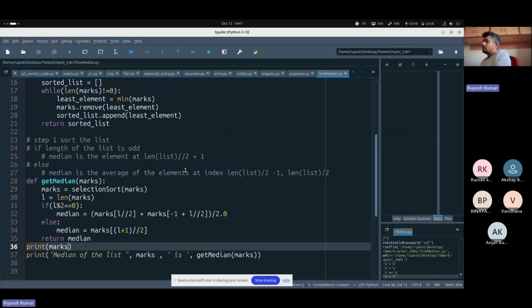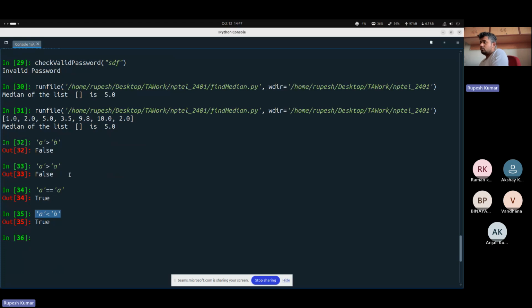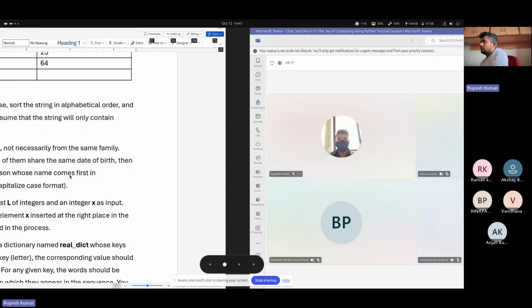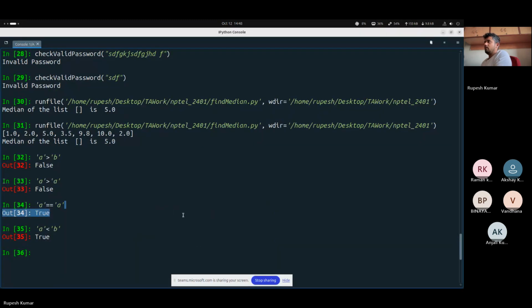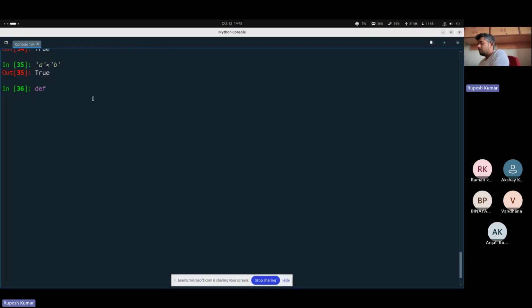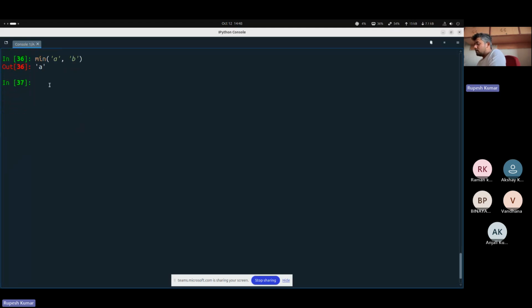In Python, you can simply compare two characters using the less than or greater than or equal to comparison operators. Fine. So now we are given a string. First, we have to convert it to a lowercase string. So let's define our function. We can also use the minimum function over characters. Now def sort string, and we are given some